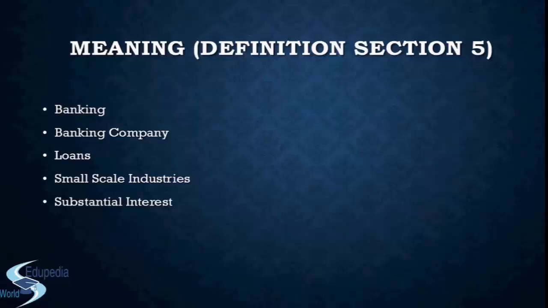But this is only in the case of a company. When we consider the case of a firm, the limit of 5 lakh does not exist. That is the only simple difference. So they are very straightforward with it: if you are investing more than 10% of the total paid up share capital of my company, you will be considered to be substantially interested in my company. It is a simple term, right?